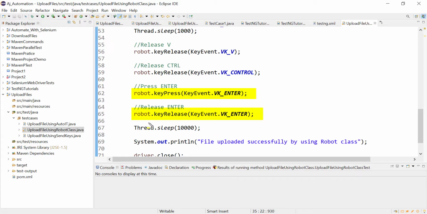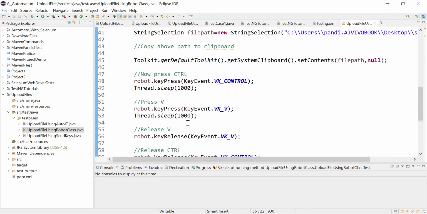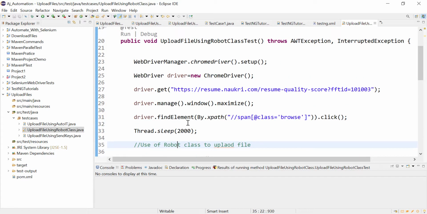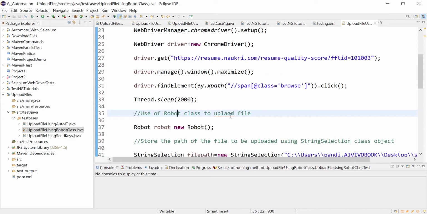I have given a 10 second Thread.sleep here so that we can see whether the file is uploaded successfully or not. Then we print in the console that the file was uploaded successfully by using the Robot class. After printing, we close our browser. This is the complete code. Very simple: set up the ChromeDriver, open naukri.com, maximize the window, then click on the browse button.